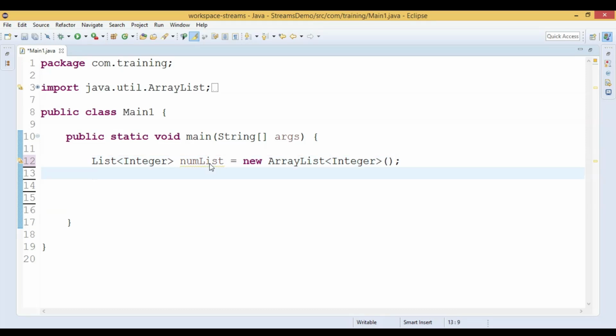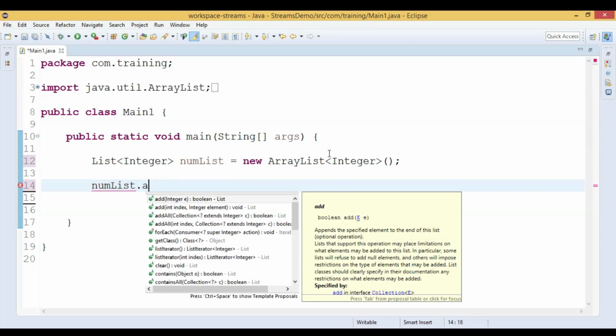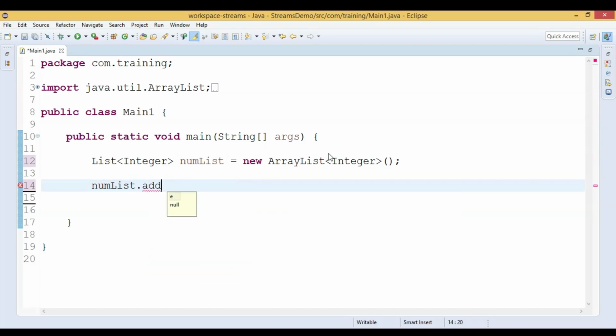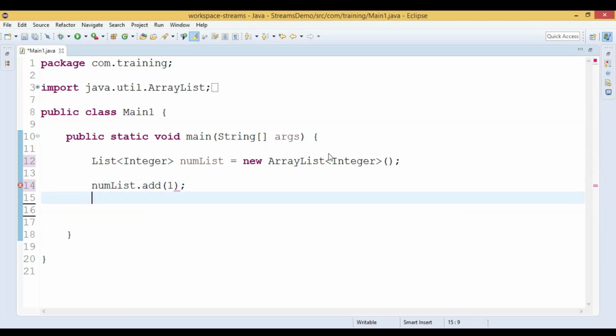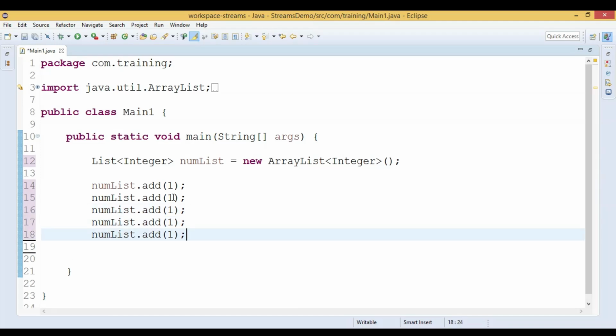So now we have created an array list. Now we will store the integer numbers into this array list. We will store numbers by using the add method. So we store numbers 1, 2,